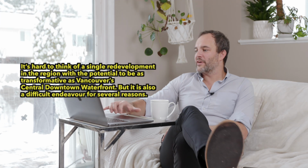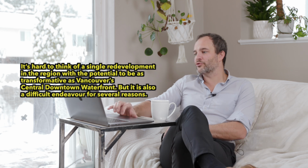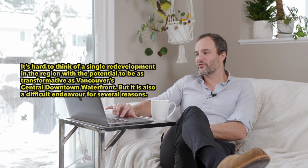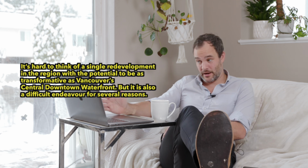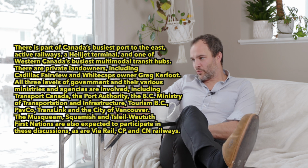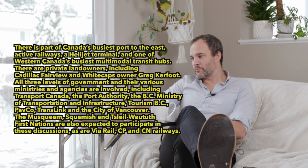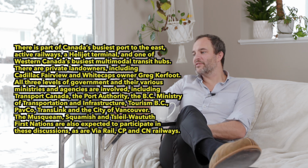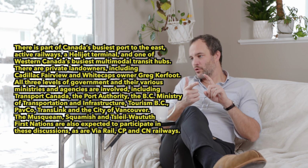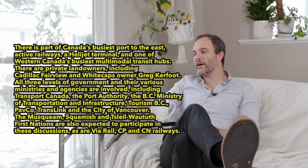It's hard to think a single redevelopment in the region will, with the potential to be as transformative as Vancouver's central downtown waterfront, but it's also a difficult endeavor for several reasons. The main one being, there's a part of Canada's business port to the east, arrive with railway, the Helijet terminal, and one of Western Canada's busiest multi-mode transit hubs. There are private land owners, including Cadillac Fairview, Whitecaps owner Greg Kerfoot, all three levels of government and their various